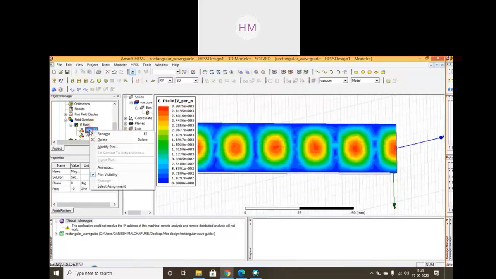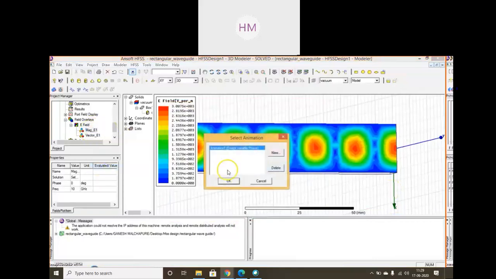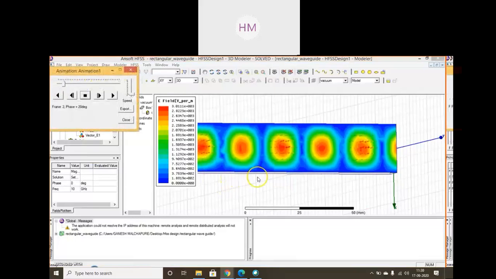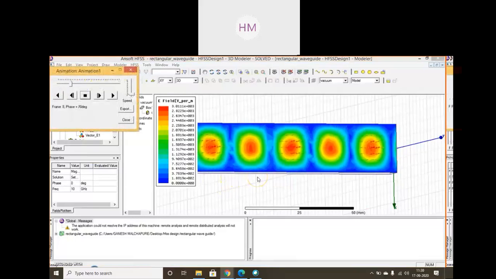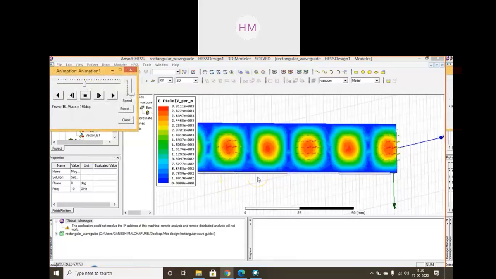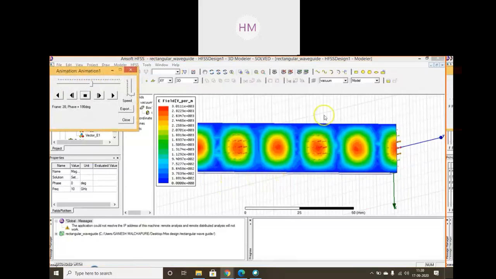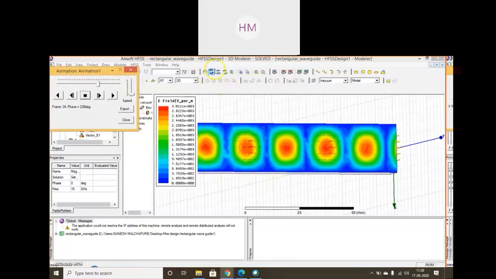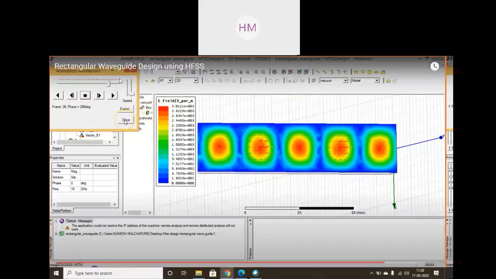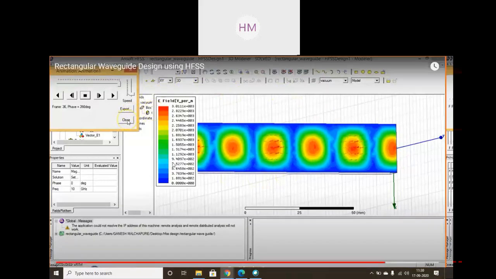Animation effect you can add. E field magnitude vector E1. So now your animation will start. You will come to know how the wave is traveling within the, this is the magnitude form. Okay, that was a vector form. You can close this effect.